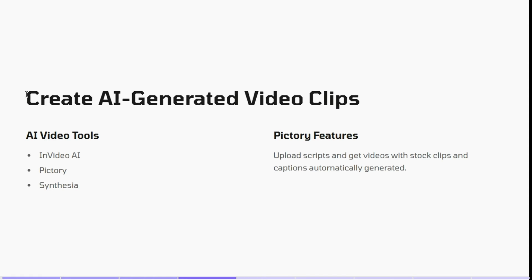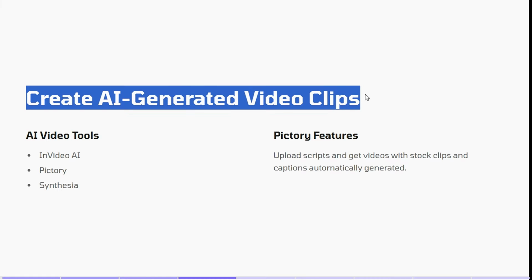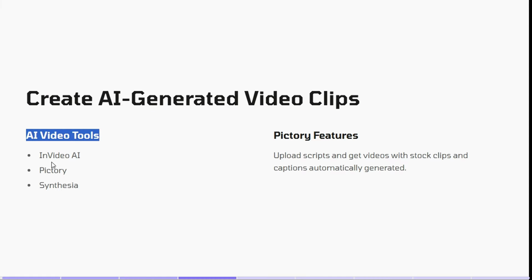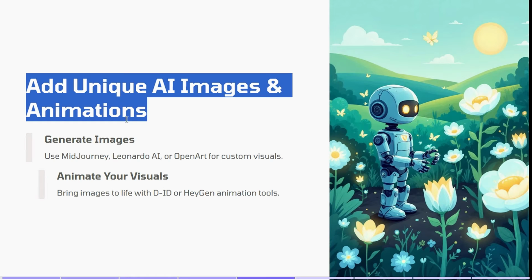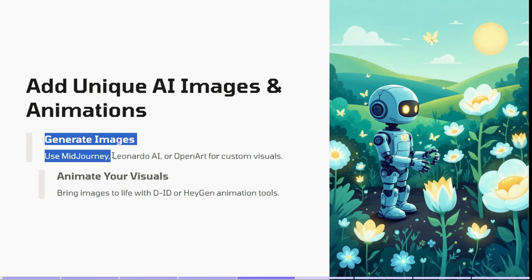Next, you have to generate visuals using AI video tools like InVideo AI, Pictory, or Synthesia. In Pictory, simply upload your script and the AI will create a full video with the stock footage and also subtitles automatically. For unique content, you can use AI image generators like Midjourney, Leonardo AI, or OpenArt to create custom